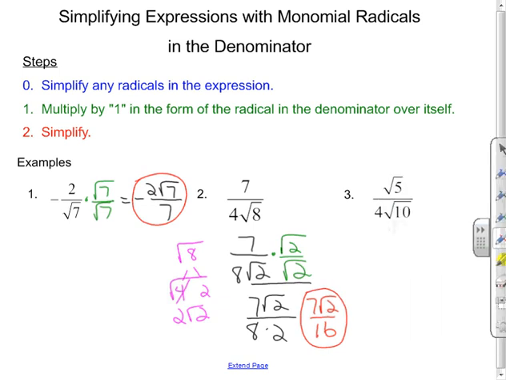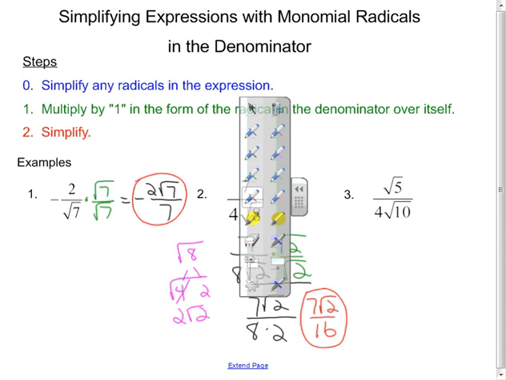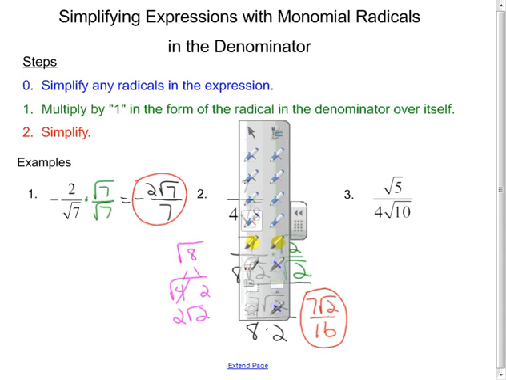So here, example 3. If you notice here, it says step 0, simplify any radicals. Now, I could actually simplify here using the in with in rule and the out with out rule. Okay, I'm just going to hold off on that though. You could. These steps are more guidelines than hard and fast rules. There's a little flexibility here, but this will help you start to address these problems, and you'll see some shortcuts maybe as you go. So here I'm just going to go right to step 1 because I really can't simplify the root 5 or the root 10. And that is going to give me